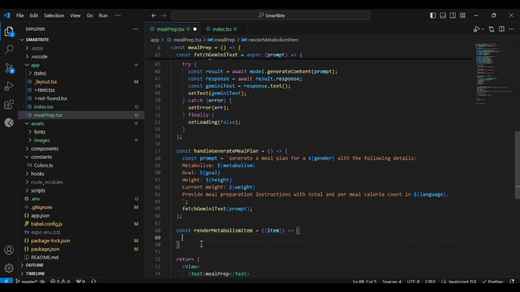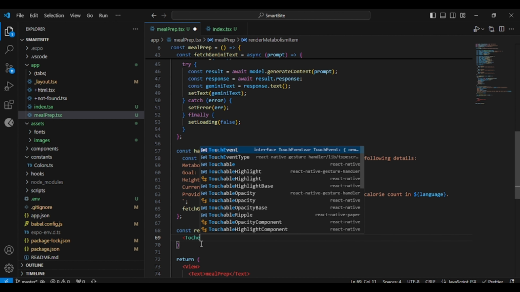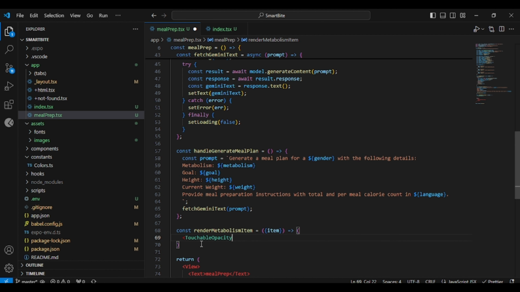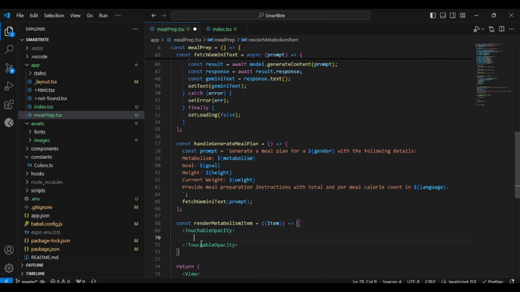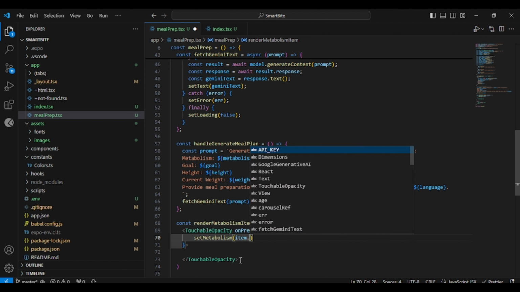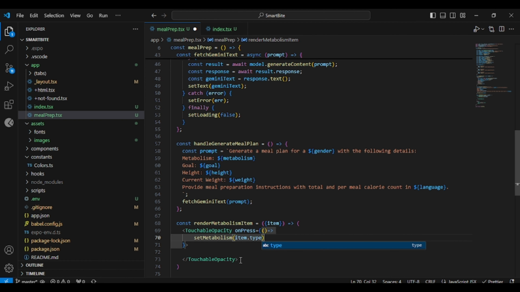So we need to define our item list. For this, I will use touchable opacity. As usual, we have to define some styles here, but first let's define on press. Let's just type here set metabolism to item dot type as defined above,